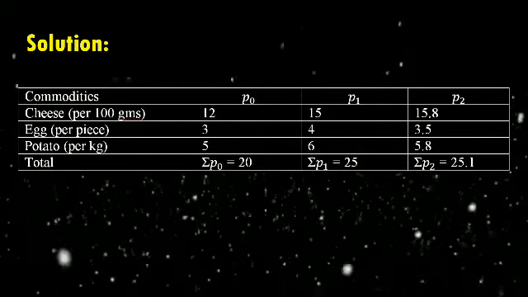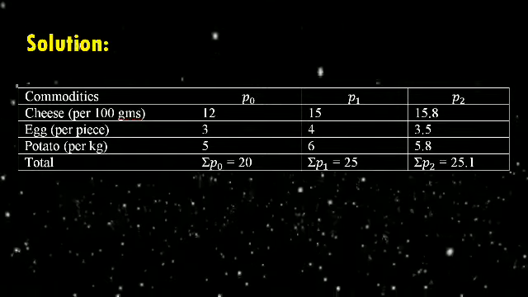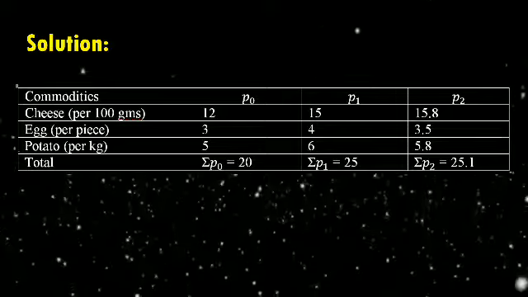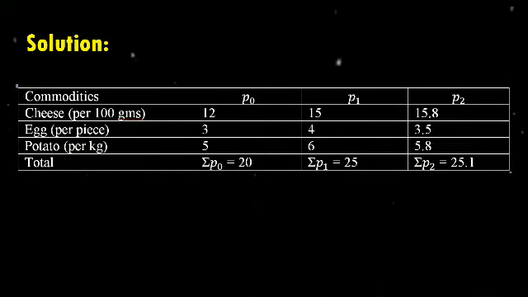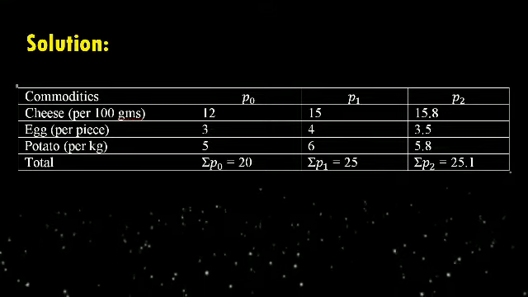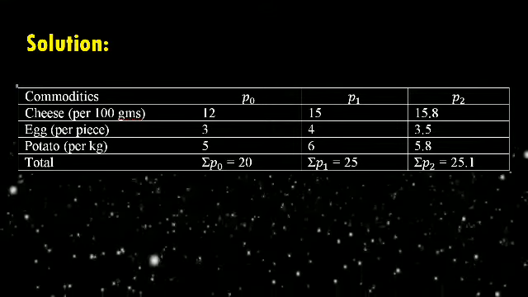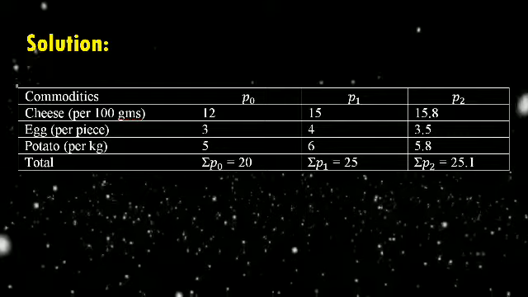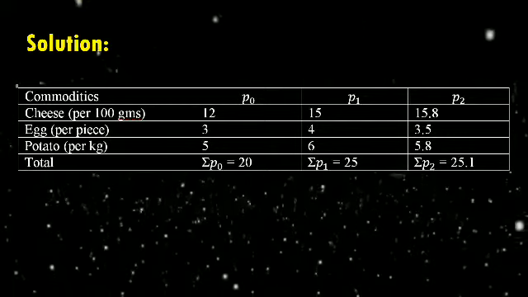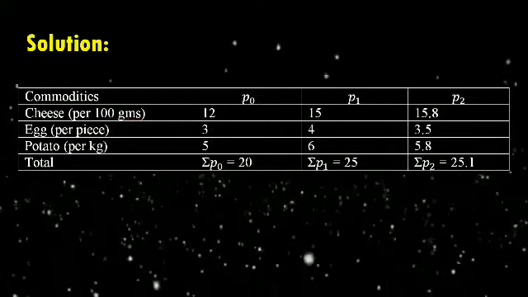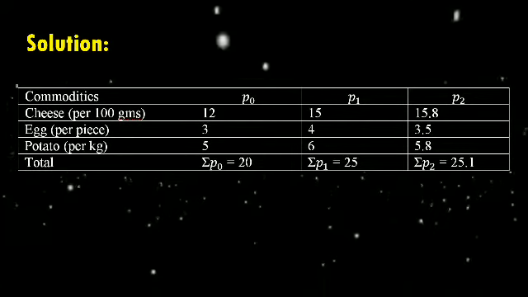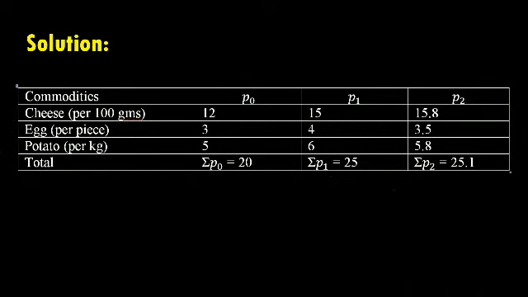In the second column, instead of writing 1998, since 1998 is your base year, write it as P0. For 1999, which is your current year, write it as P1. There is one more current year, 2000. Just for your identification, write it as P2. So the first one is the base year, which is P0. The second and third ones, which are your current years, write as P1 and P2.